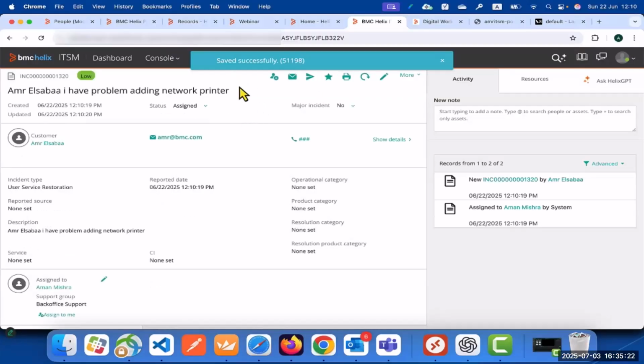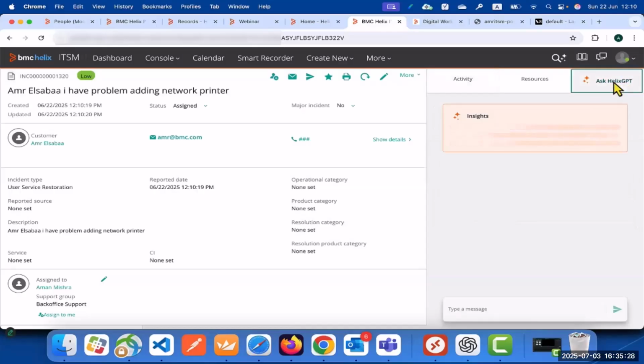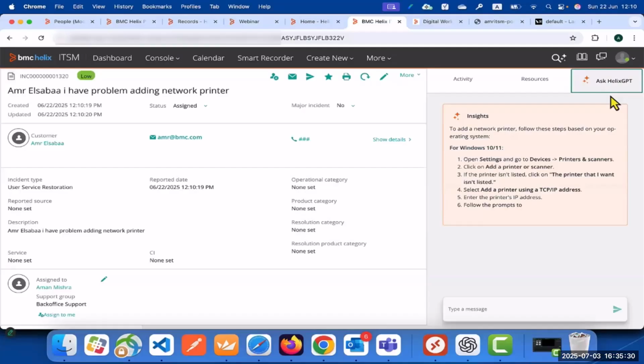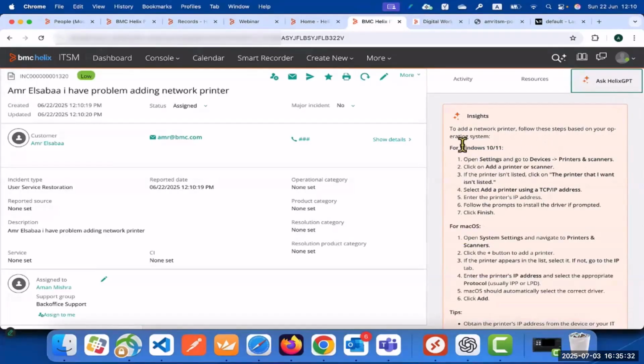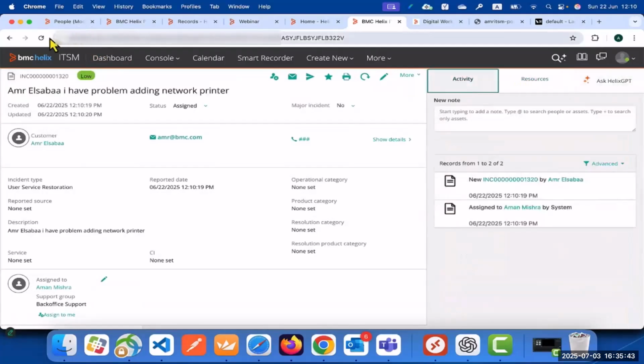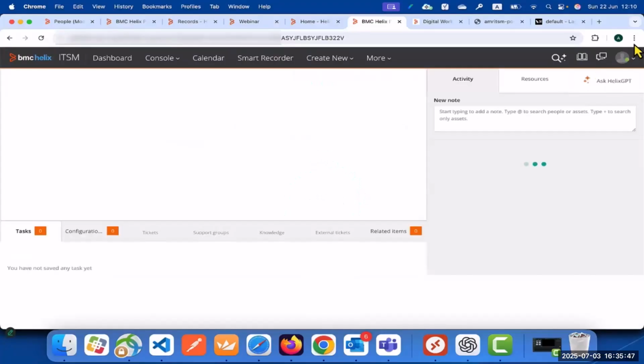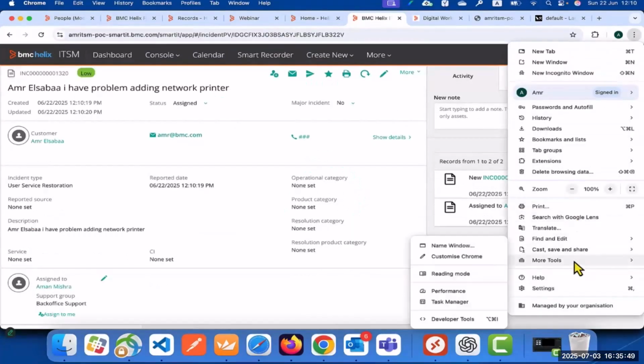Now it is saved successfully, and I can ask HelixGPT. It gives me an answer, because I have the summary of my instance as I have a problem adding a network printer, so it gives me this answer. And if I refresh this page again and show you the developer tools logs,